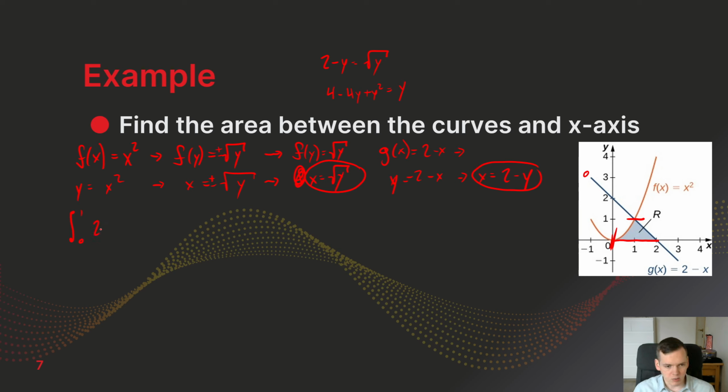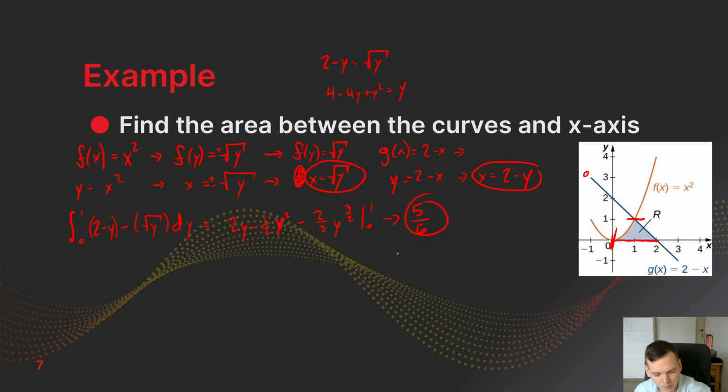So we're going to take 2 minus y minus square root of y dy, and that will be equal to, when we actually integrate it, 2y minus 1/2 y squared minus 2/3 y to the 3/2, integrated from 0 to 1, and if you keep simplifying that down,